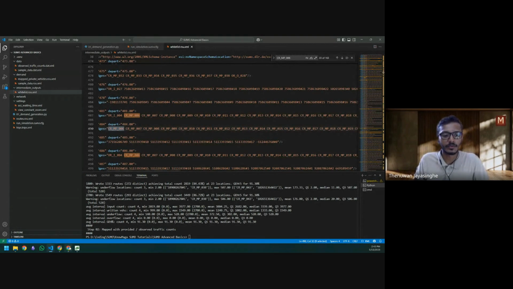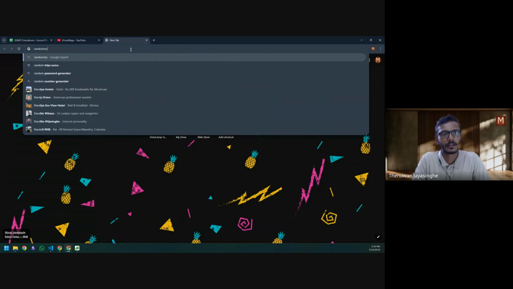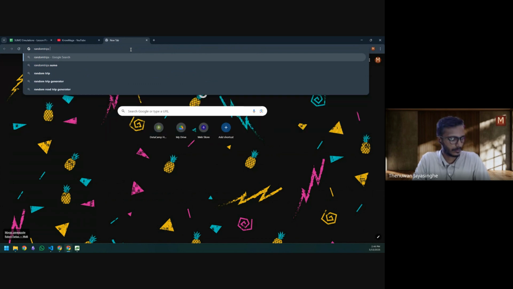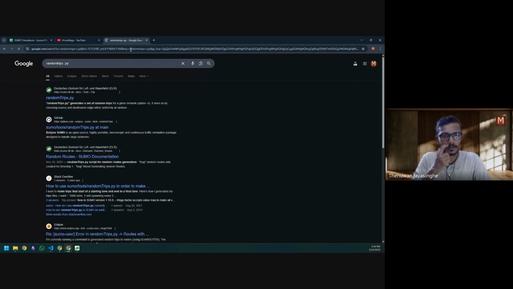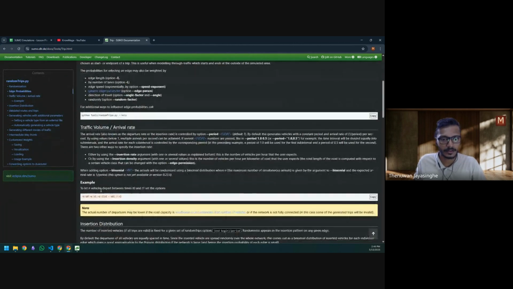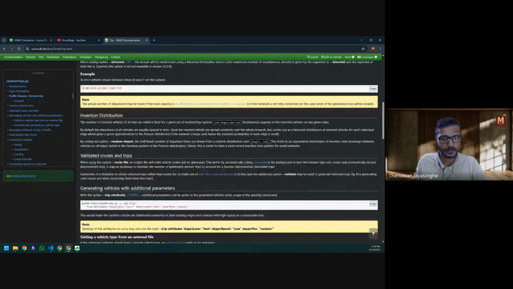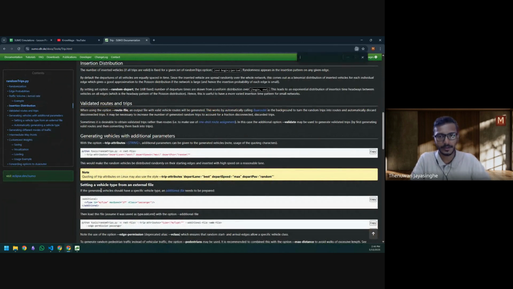Now, if you go through the random trips, you will be seeing some changes that you can do, right? So for example, you can do some changes to the edge probabilities. We'll come to that bit later. And also, let's see where we can find